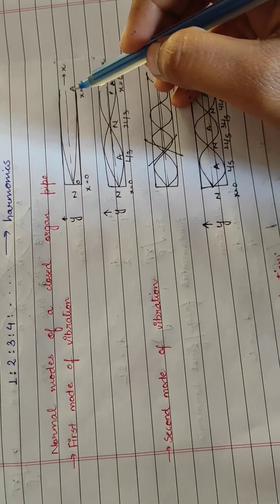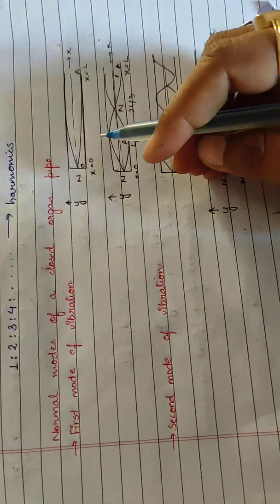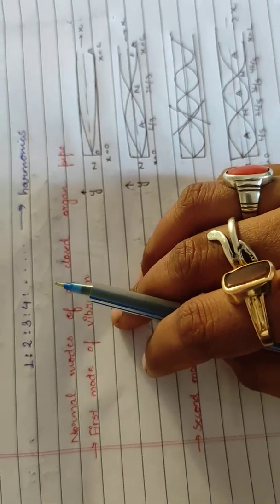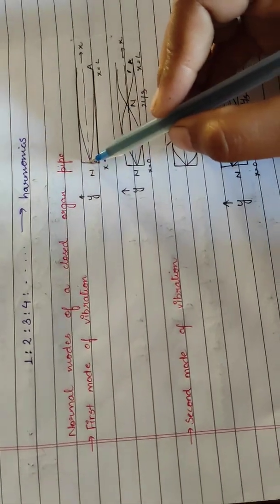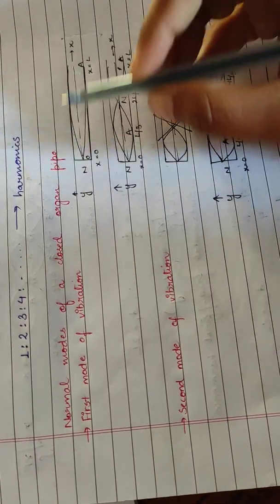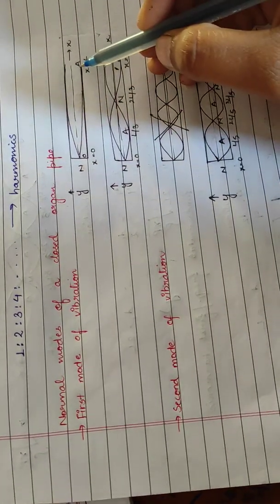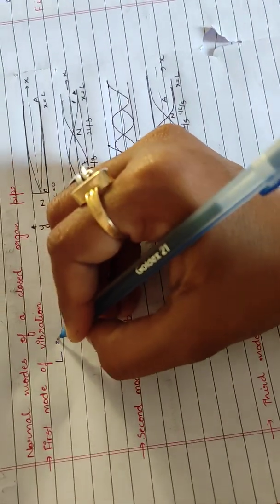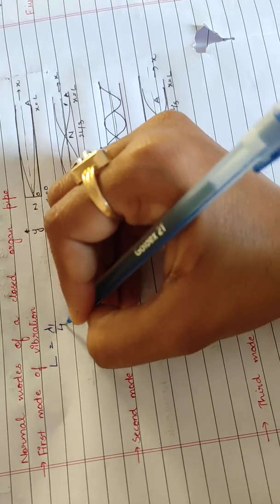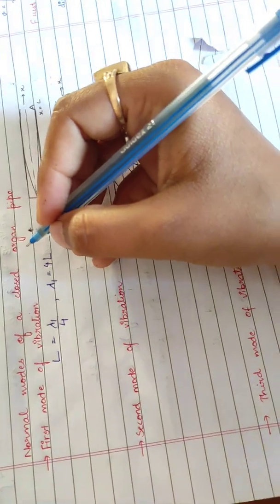Fine. Now we'll look at the different modes of vibration of this closed pipe. Let us discuss the first mode of vibration. As I've told you, the first mode of vibration is always the simplest mode of vibration. In this case we can see that there is one node at the closed end and one antinode at the open end, and we know that the distance between a node and antinode is lambda by 4. So what will be the length of this organ pipe? It will be lambda by 4. Therefore lambda is equal to 4 times L.